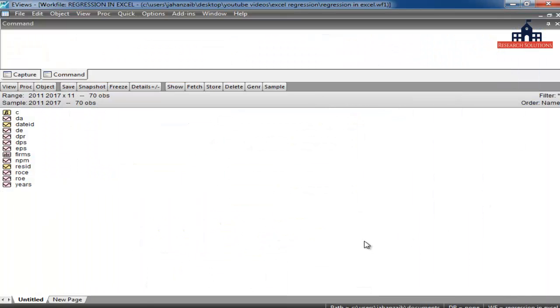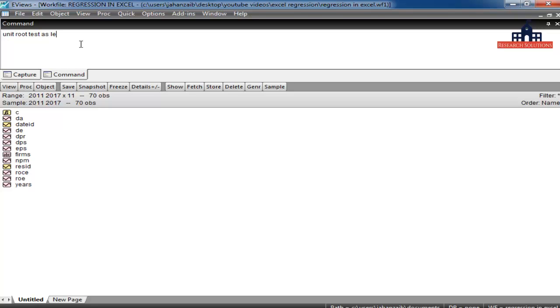Now we are going to move towards EViews. This is the EViews setup. Let me clarify, we do not need to test the unit root because it depends on us. If the data is panel, we need not test unit root in the data. If you want to test, you can use the Levin-Lin-Chu test as a unit root test.